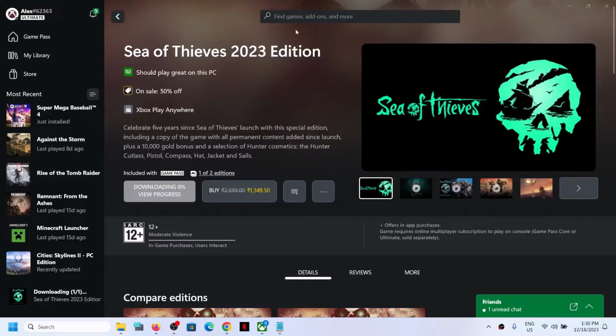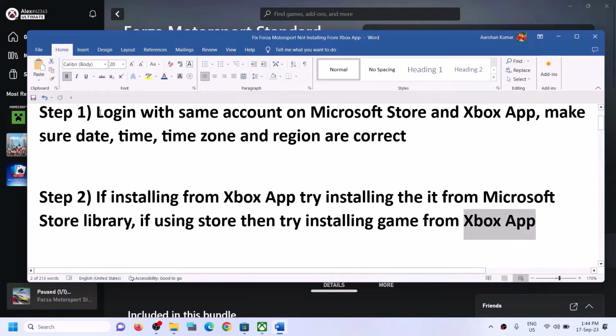Today in this video I'm going to show you how to fix when you're unable to install Sea of Thieves 2023 edition from Xbox app, or if you're unable to install it from Microsoft Store, then please follow the steps shown in this video. The first step is to log in with same account on Microsoft Store and with same